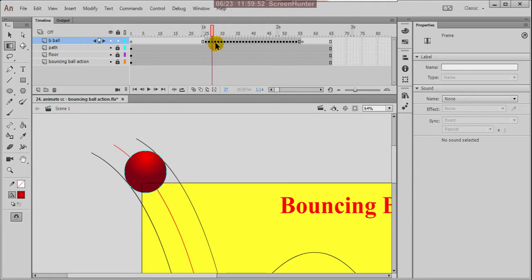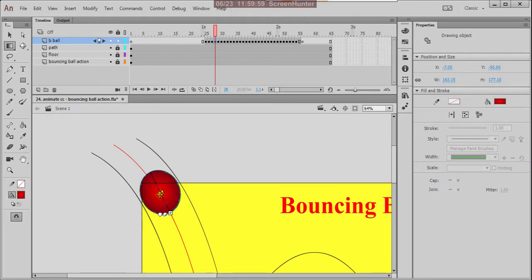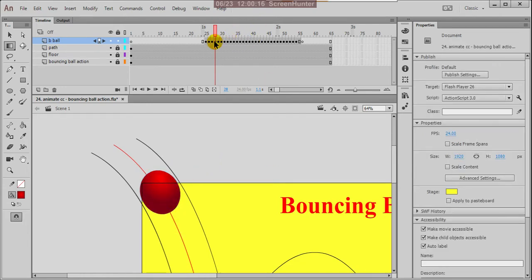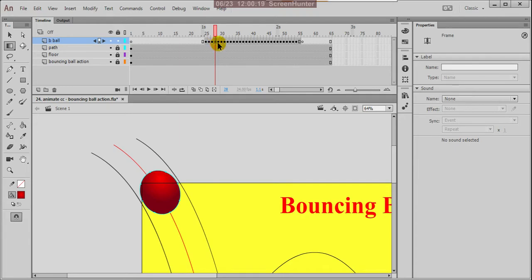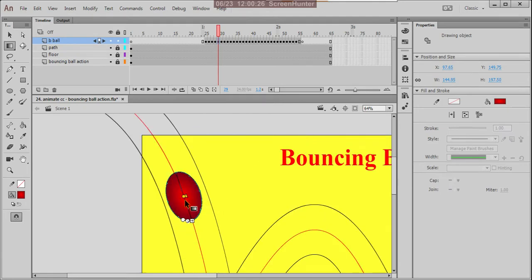Yes, now here also give this. Okay, yeah, because highlight must be from the top direction.